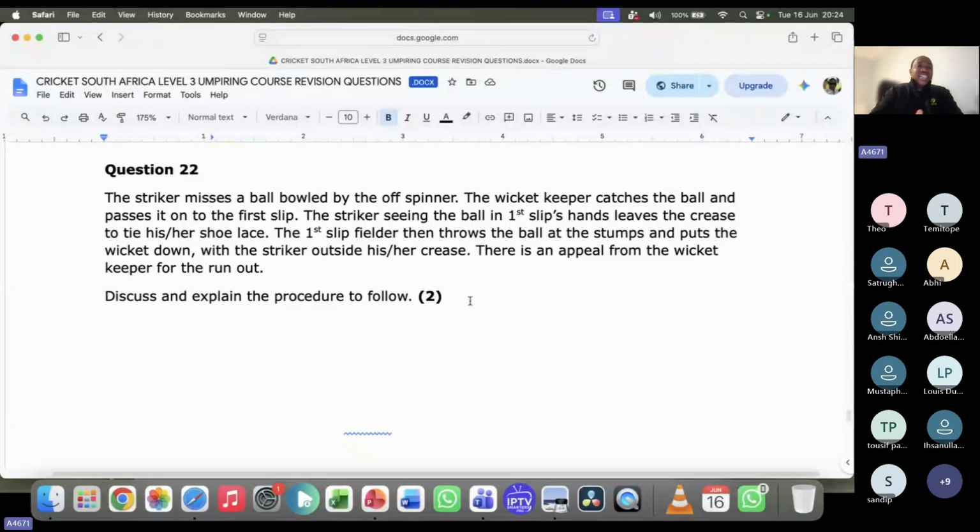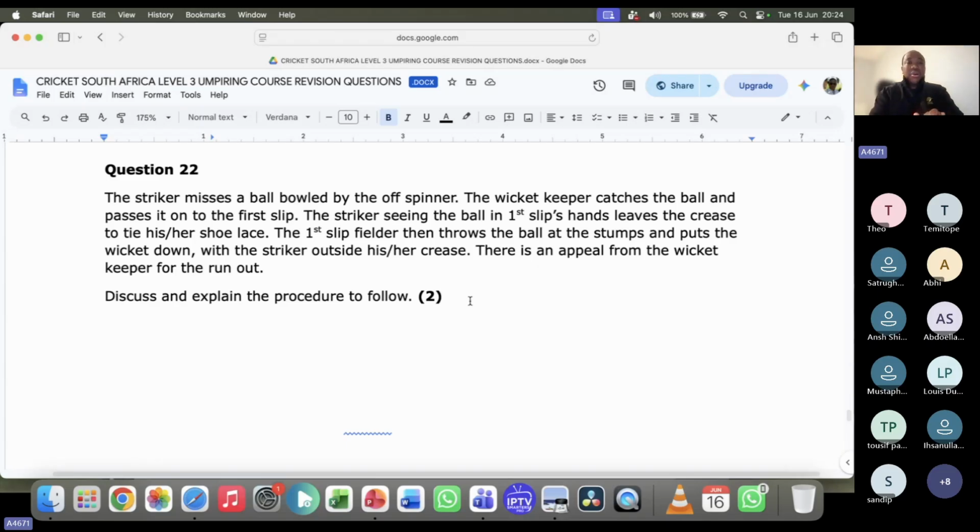Oh, very interesting interpretation, Louis. Yes, we actually did mention that in one of our previous lectures, that if the ball is in the wicketkeeper's hand and he or she passes it to any member of their fielding side with the intention of them giving it back to the bowler to start his or her run up, then yes, we would deem the ball as being finally settled in the hands